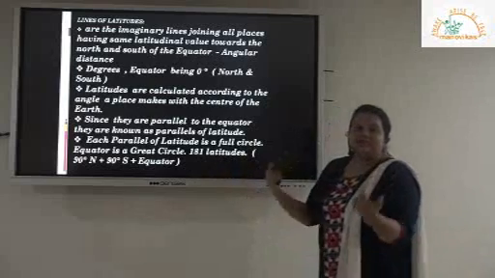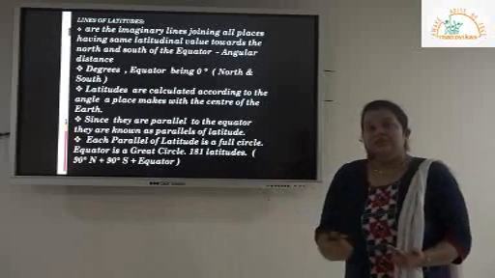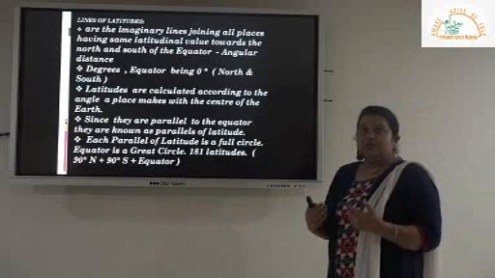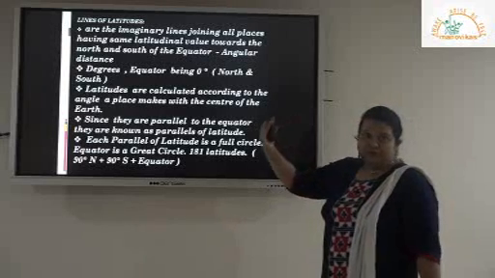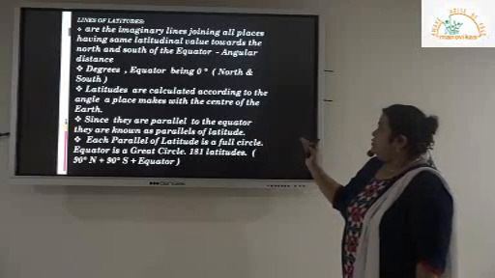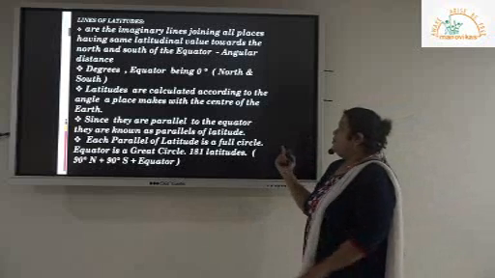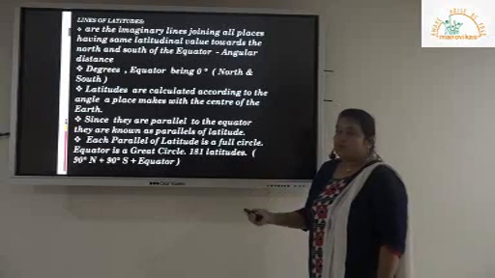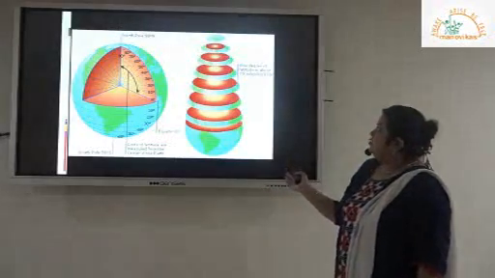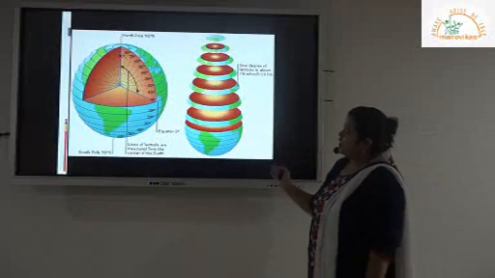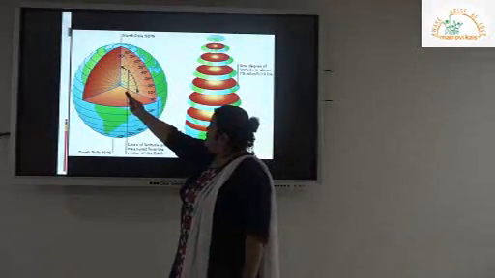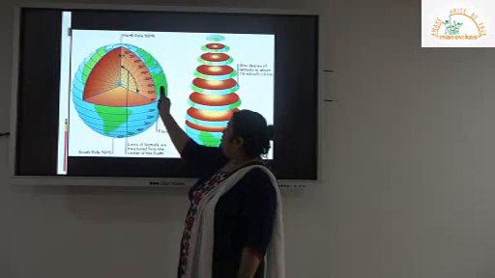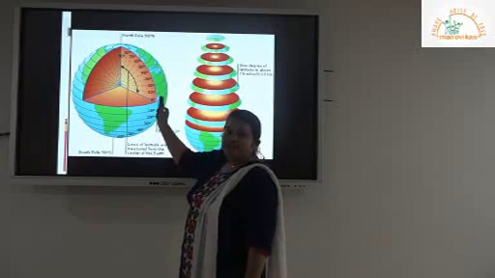All these latitudes are mostly circles, but the size of the circle decreases as we are moving towards the poles. These circles are parallel to each other, therefore they are also known as parallels of latitude. This is how the latitudes are drawn. In the diagram you can see the latitudes are drawn from the center of the Earth. Here the diagram shows you the latitudes at 10 degrees interval, but there are latitudes after every 1 degree.